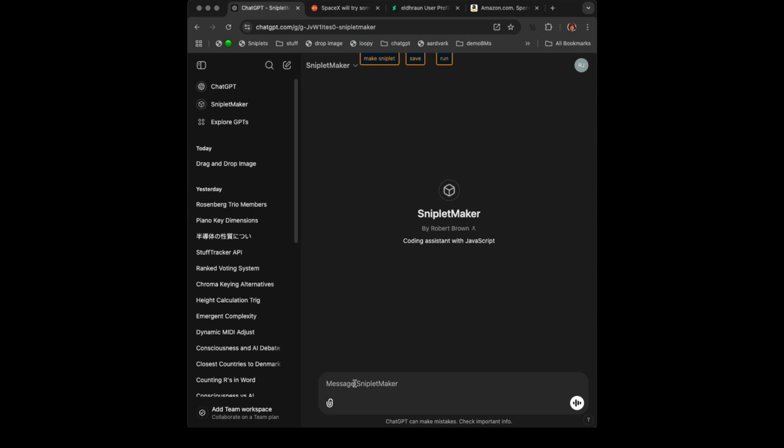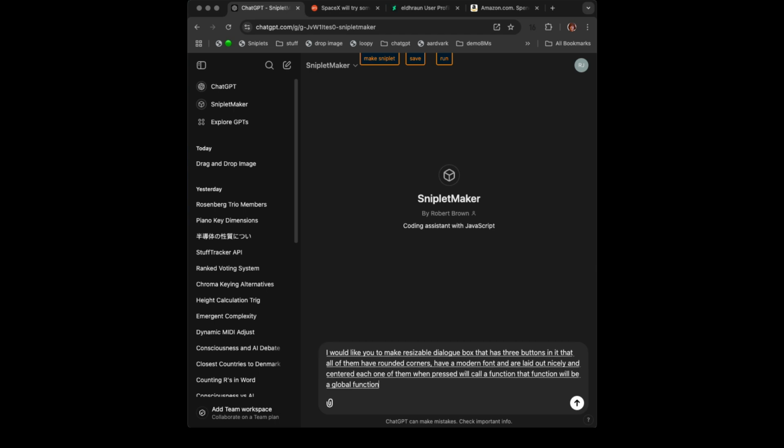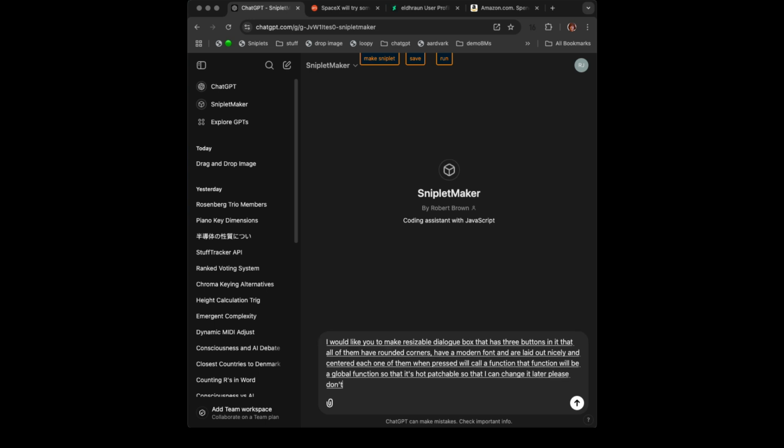something up. I would like you to make a resizable dialog box that has 3 buttons in it that all of them have rounded corners, have a modern font, and are laid out nicely and centered. Each one of them, when pressed, will call a function. That function will be a global function so that it's hot patchable so that I can change it later. Please don't forget that. And I'd like the first one to grab all the SVG elements in the web page,